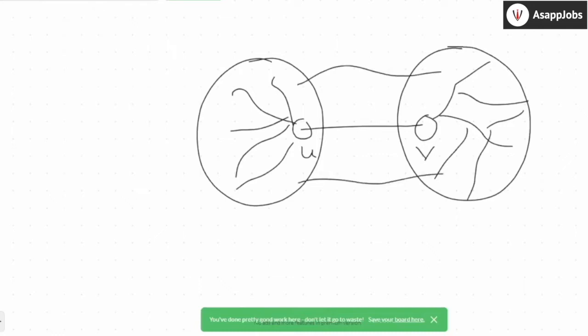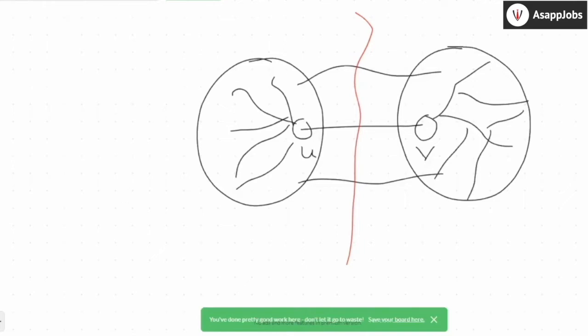What I represent here is the graph structure. Here I'm only focusing on these two nodes, U and V. U can be connected to any other node or set of nodes. V also can be connected to any set of nodes. If this is my cut that I'm representing by the red line, these set of edges are my cut, right? Now if I remove these edges, my graph will be divided into two parts, one on the left with U as a vertex, one on the right with V as a vertex.